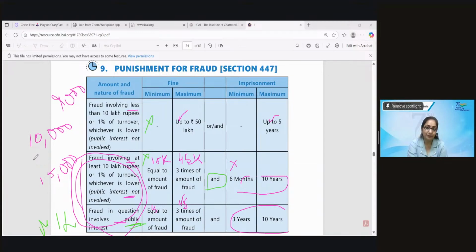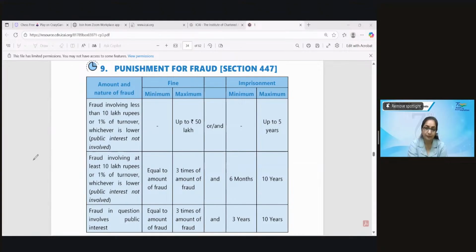समझ आ गया? टेस्ट ले लो पेनल्टी के ऊपर, फ्रॉड के ऊपर, जल्दी बताओ, समझ आ गया सब? ओके, केस नंबर 1,